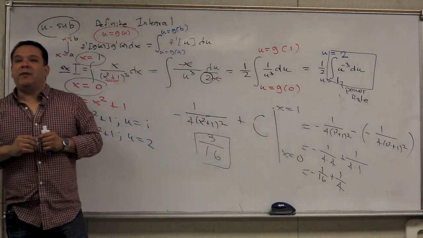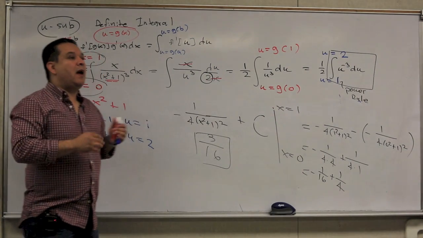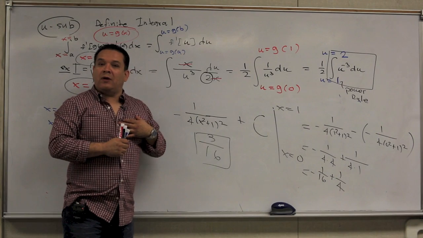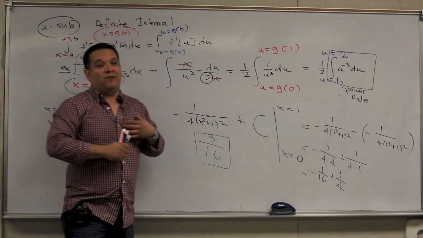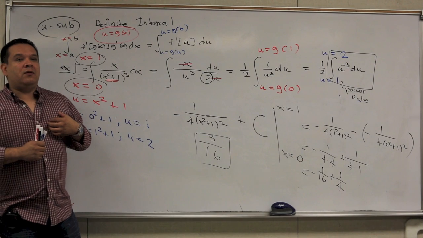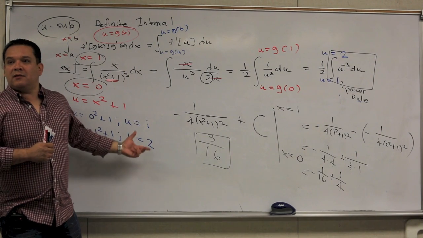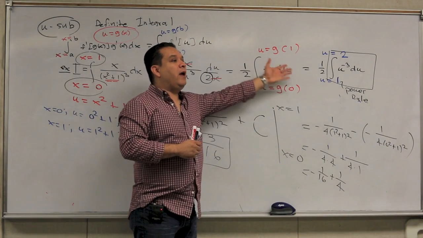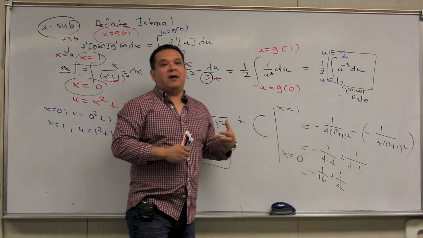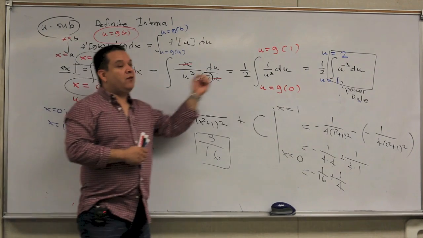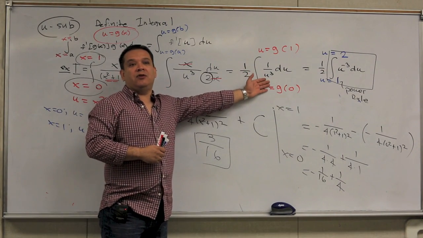Which is the right choice to make? Doesn't matter. As long as you're going to get the same answer. Personally, I don't even want to say this, but I think the real approach should be do whatever's easiest. If it's easier for you to apply the limits with u, then go ahead and do so. If it's easier to apply the limits with x, then go ahead and do so. I think it was easier in this example to apply your limits with u,